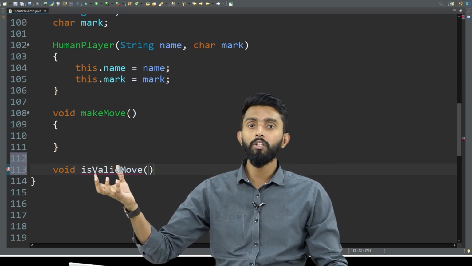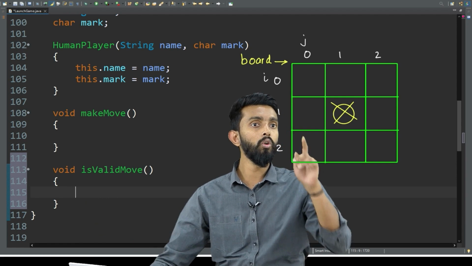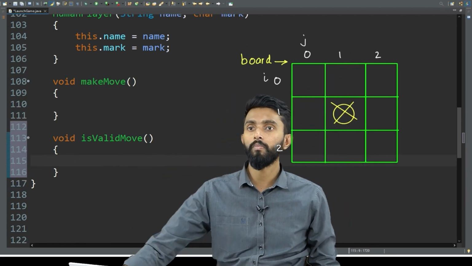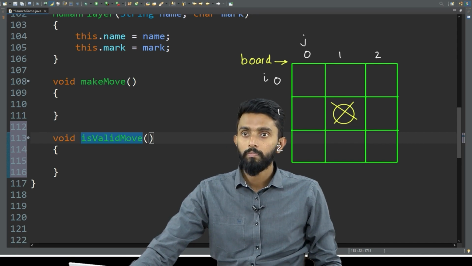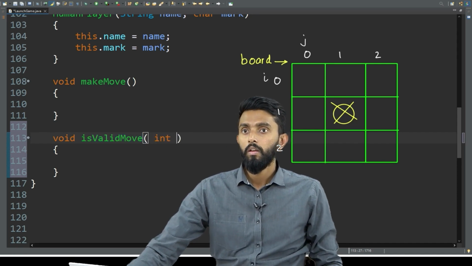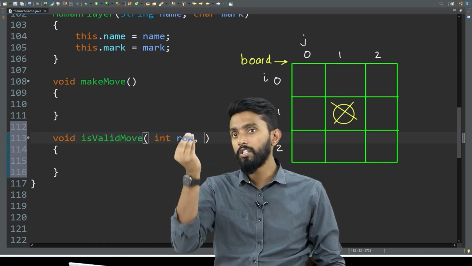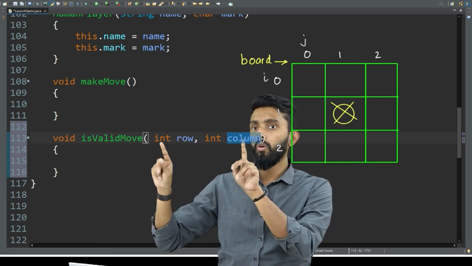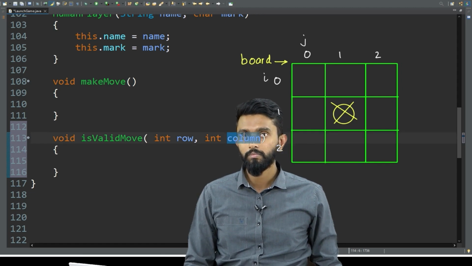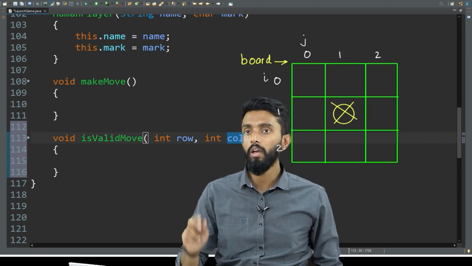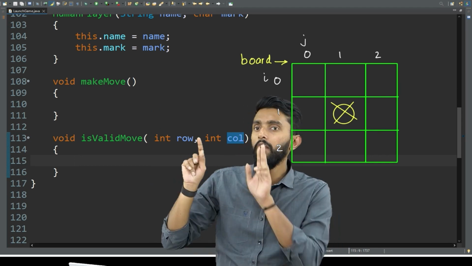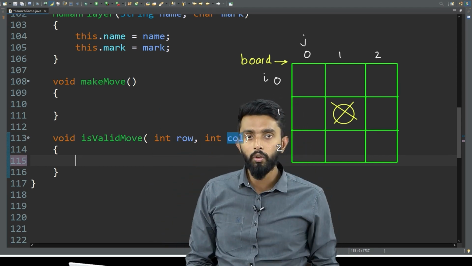In is valid move, think about it. For you to check whether the move is valid or not, you need to know the row, you need to know the column. So I will just tell int row. That is the first input. Next input is the column, int column. Am I clear? Okay. Now who will pass this row and column? I will tell you. Anyways, if I know row and column, all I need to do is, first of all,